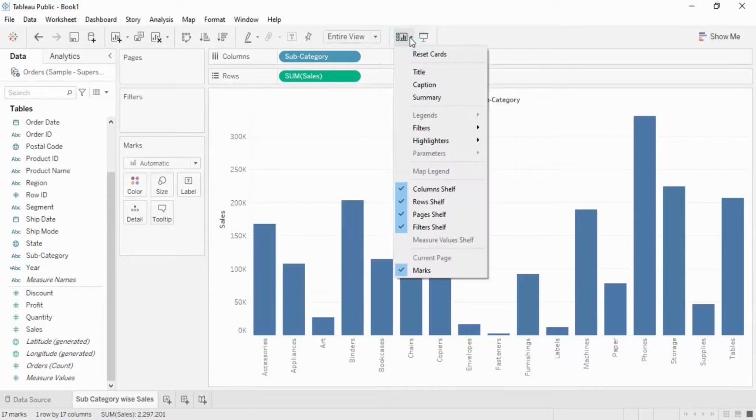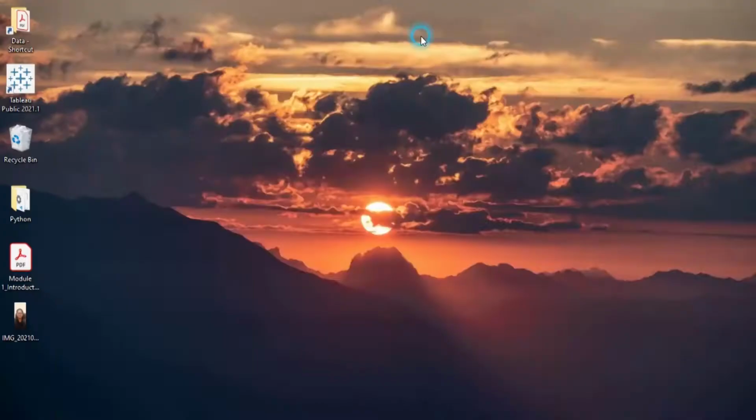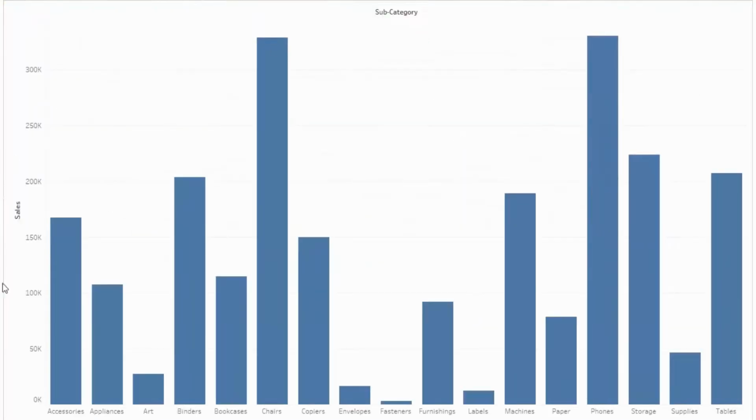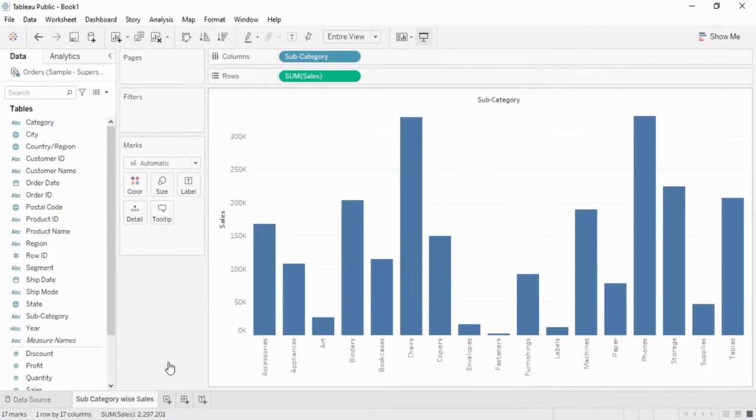Furthermore, we have multiple things like this presentation mode. This is the visualization in the presentation mode, which is kind of a full screen like view, and this is usually used whenever we want to give a presentation. You can see if you want to exit the presentation mode, and all this stuff, so exit the presentation mode.